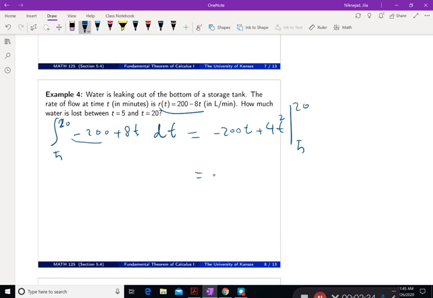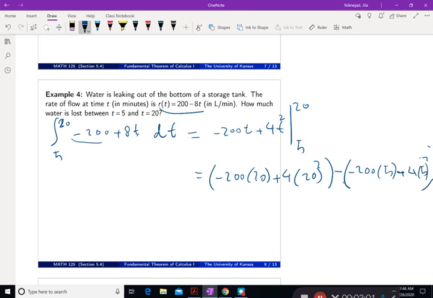And now plug in negative 200 times 20 plus 4 times 20 to power 2, and then minus, plug in 5, big parentheses between minuses, otherwise you forget to distribute your negative sign, plus 4 times 5 to